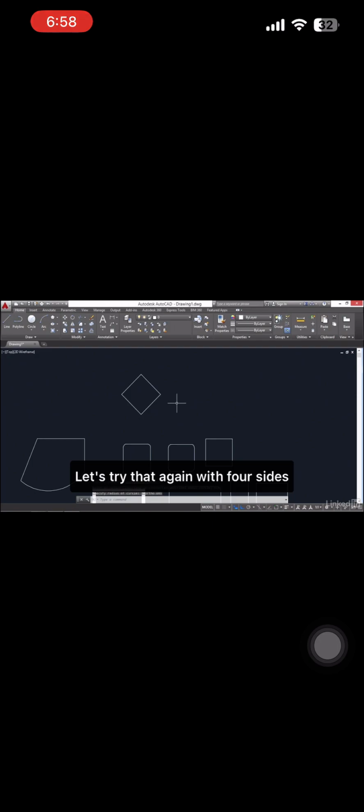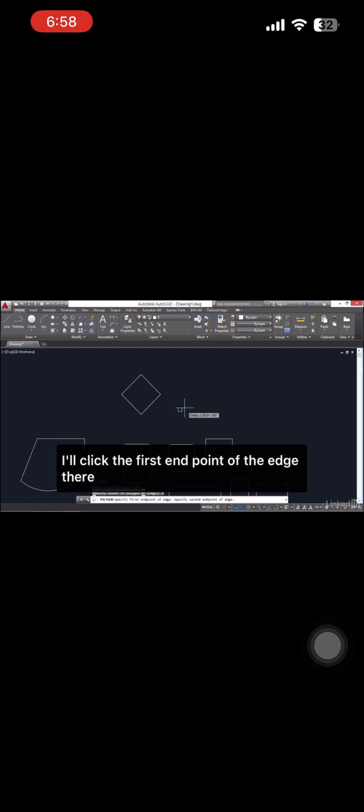Let's try that again with 4 sides, but this time I'll press the down arrow and use this single option called edge. This allows us to specify the edge length, and that's done by clicking 2 points. I'll click the first endpoint of the